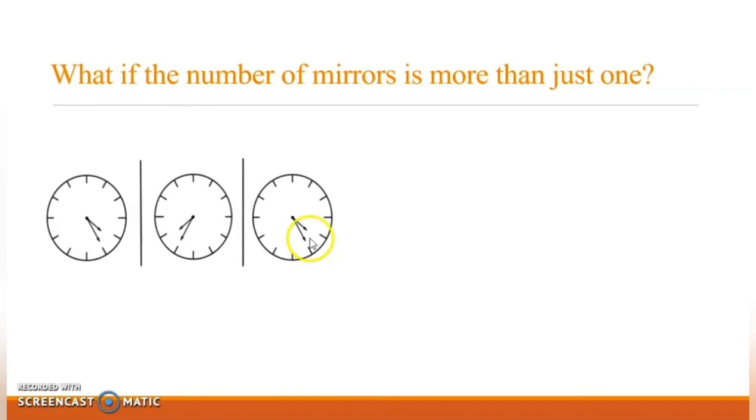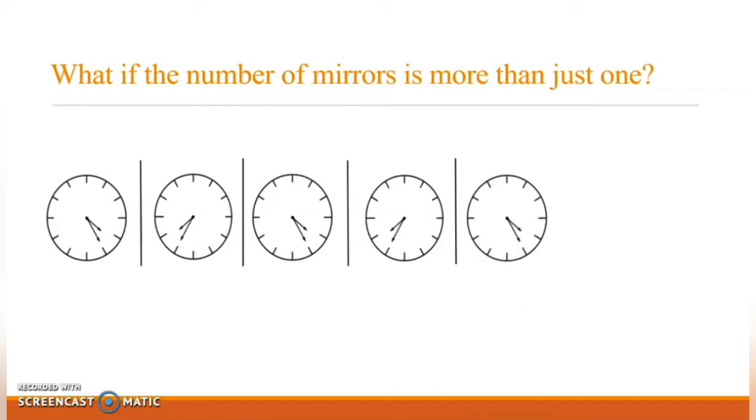but the original one. So if there are two mirrors, then the time shown by the clock is the real time. Now again, if I place one more mirror here, then what I get is the mirror image time, same as what we get when only one mirror is placed. Now if I increase the number of mirrors, I get the mirror image, then again another mirror, and we have the